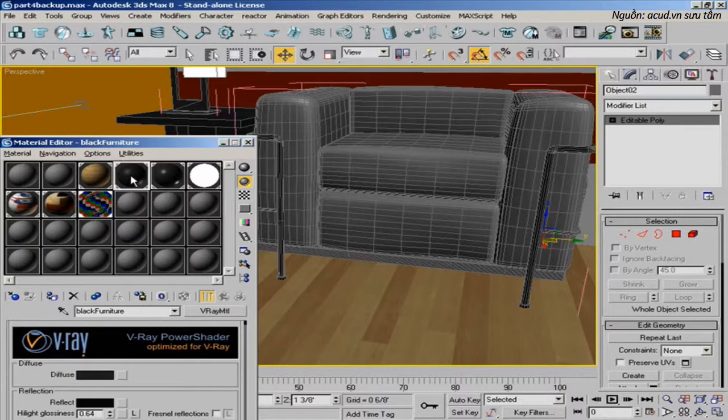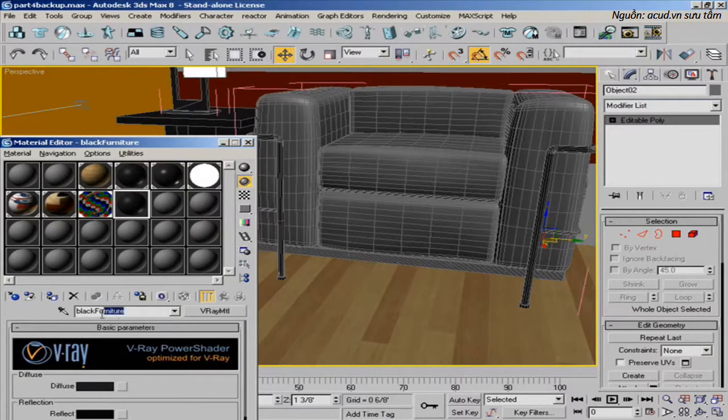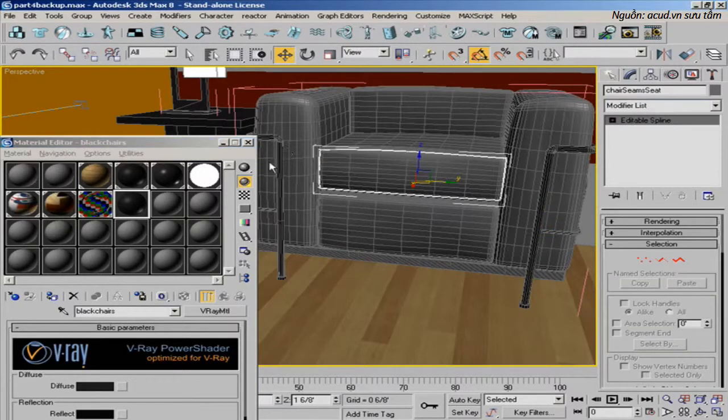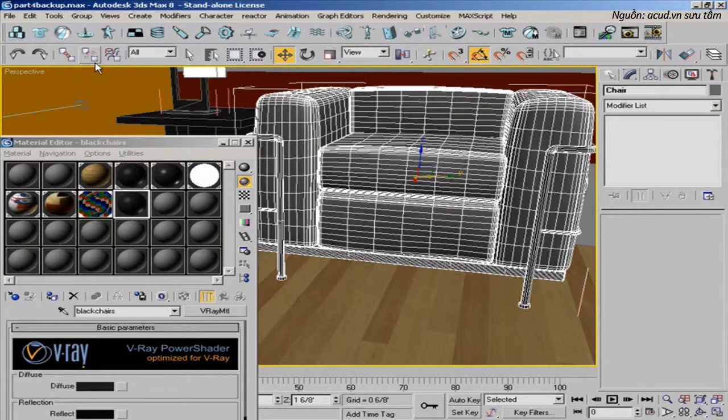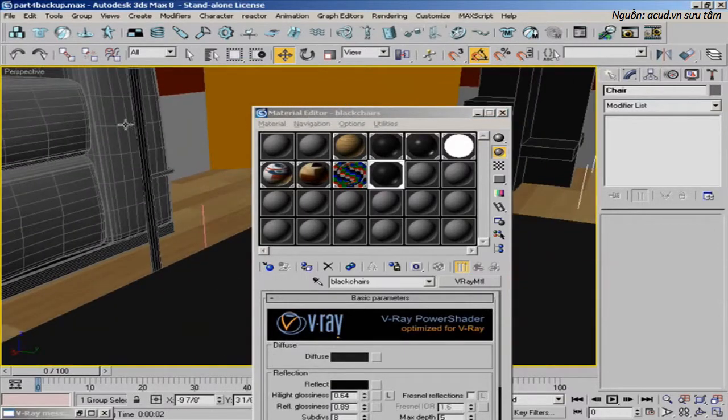Alright, this black furniture, since I like the reflective properties of it, I'm going to just drag it to this slot right here. And I'm going to name this chairs. Let's see, how about this? How about I just do this? Close. And I'm just going to apply it to the whole darn thing. And then what I'll do is come back and redo the